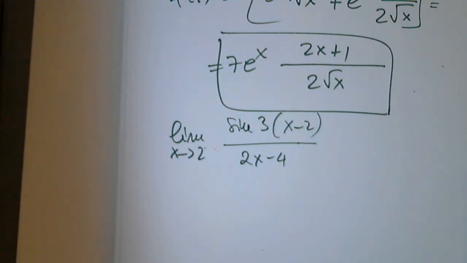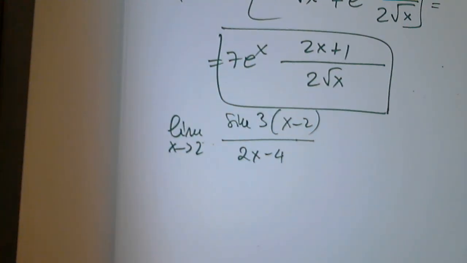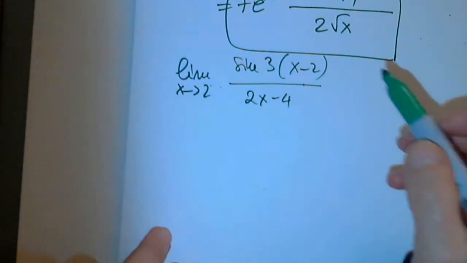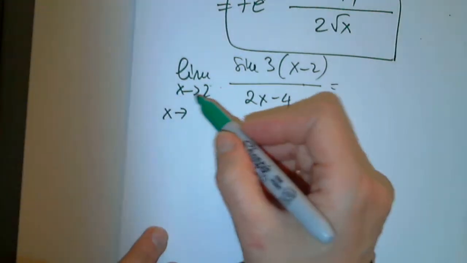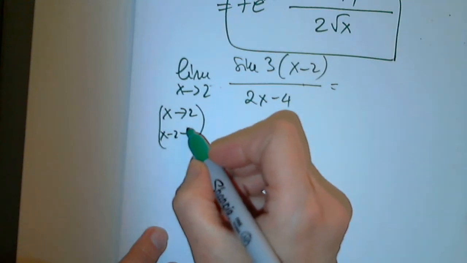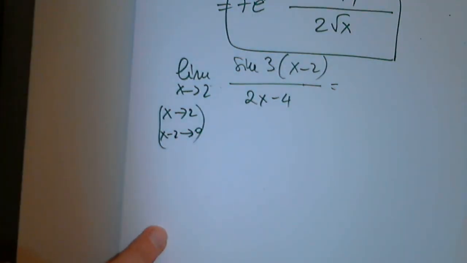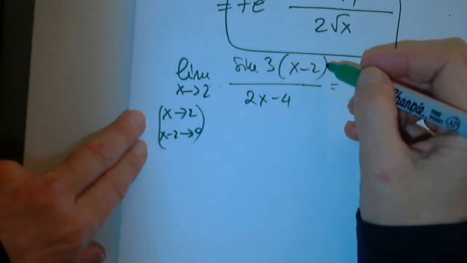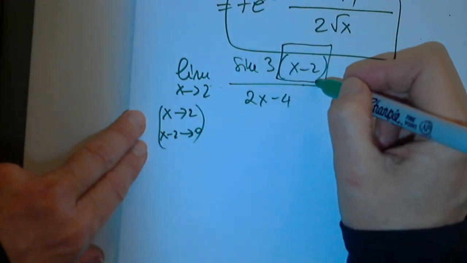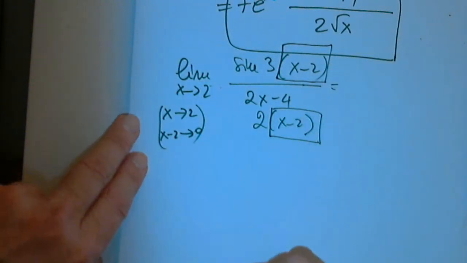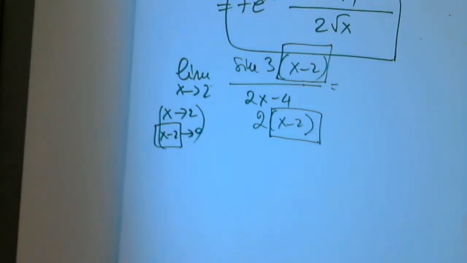So yes, you could have used L'Hopital's rule here if you wanted to, because it's 0 over 0, but you don't have to. Okay, so all we have to remember is that when x approaches 2, this means x minus 2 approaches 0. So x approaches 2 or x minus 2 approaches 0 is the same thing. So I do have this piece here. I will factor the denominator, and that will give us exactly the x minus 2 as well as here. But I can't make a conclusion just yet